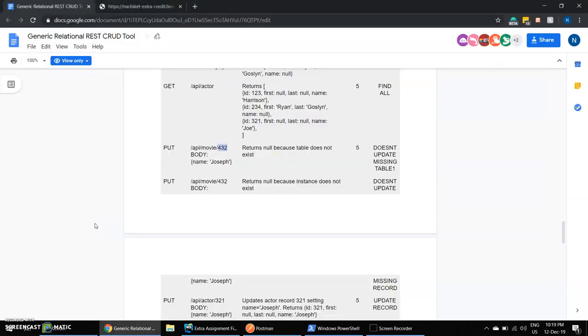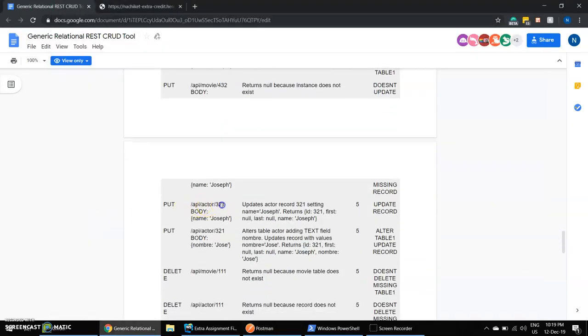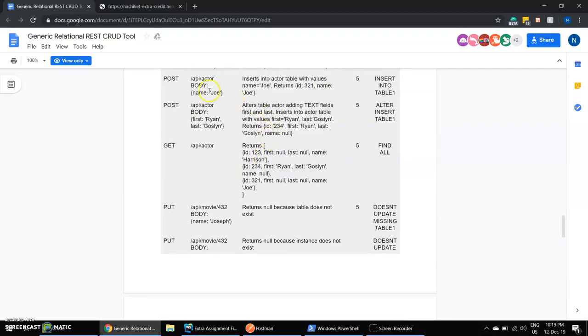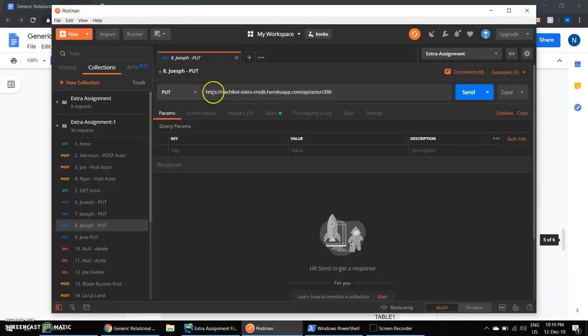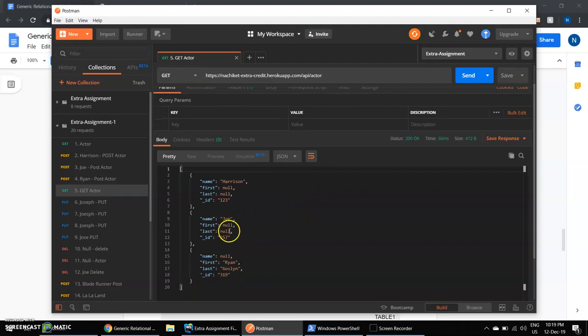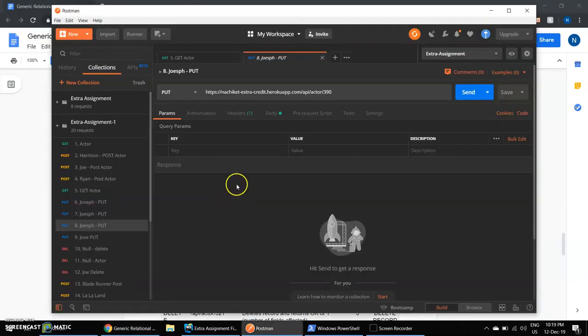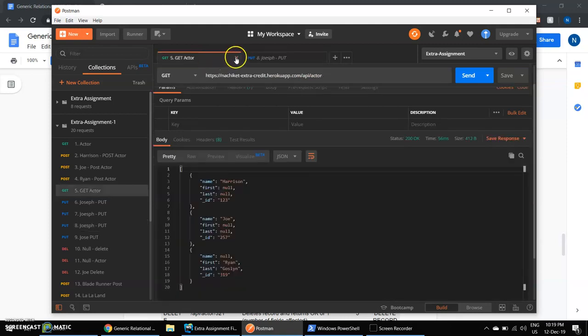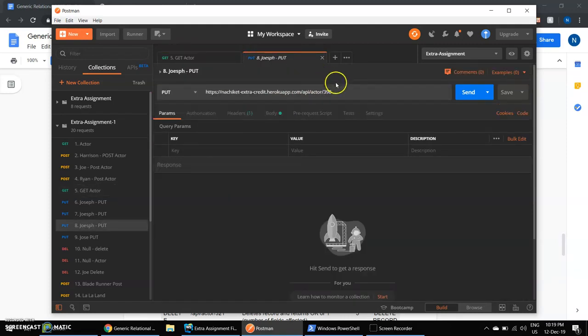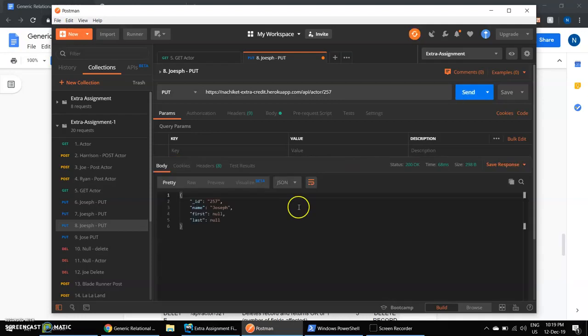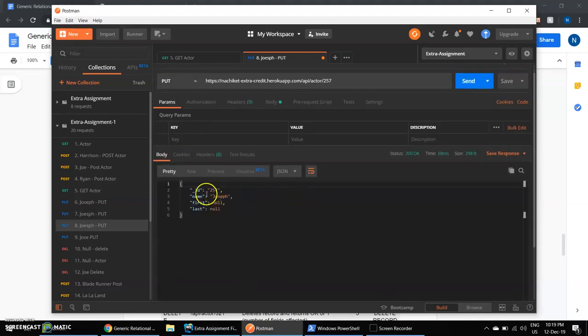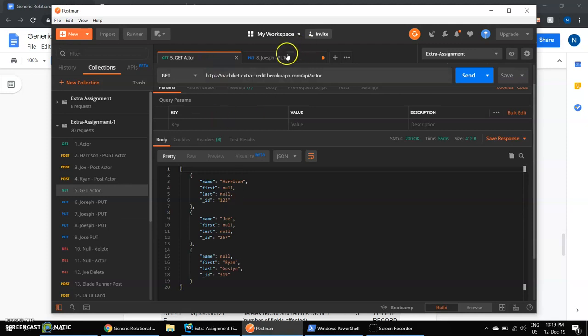Then we will do a put on actor 321. Now 321 is a randomly generated ID which was for Joe. So what we will do is we will get the ID of Joe first, which is 257, and then we will put it to Joseph, right? Yes, that was 257. So this will be 257. Okay. And once we hit that, we see that the entry has been updated from Joe to Joseph